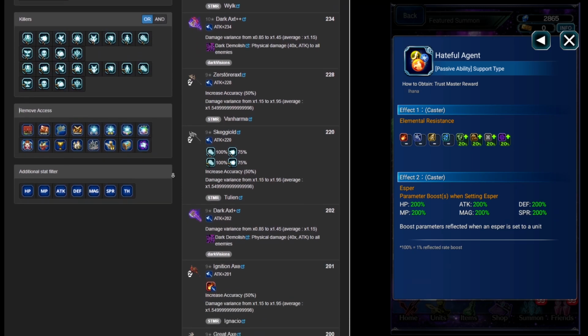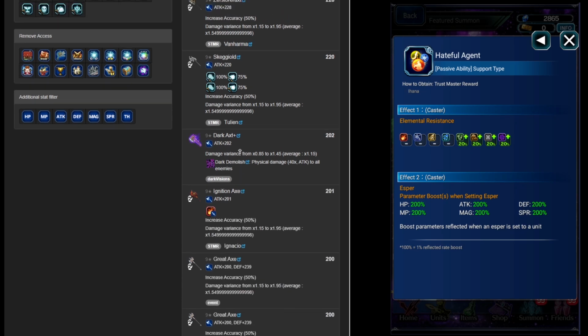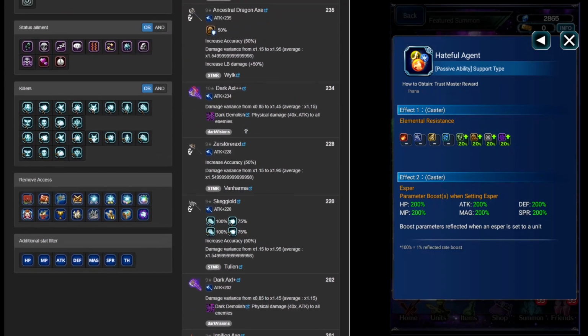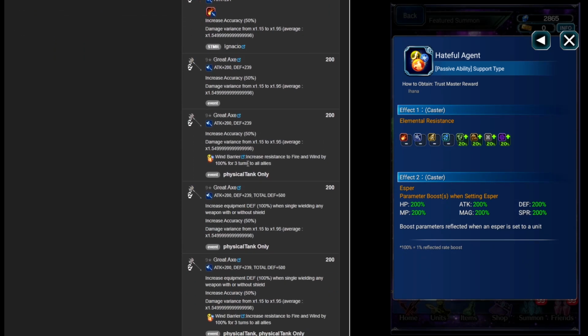Heck, even the fire-imbued Ignacio's STMR is only 201. That's not that far down, and it's a prominent element. So it's not like it's a water element axe. Well, I guess water would be good too. It's not like a wind element axe. It's like fire. Fire is useful. It's just not that great,